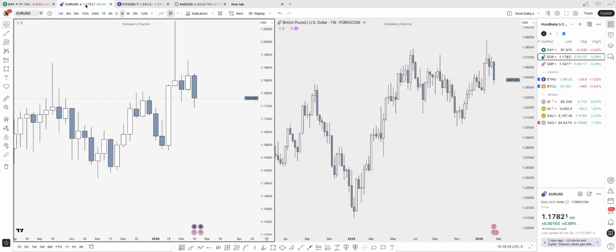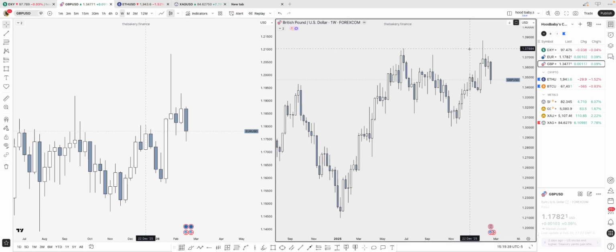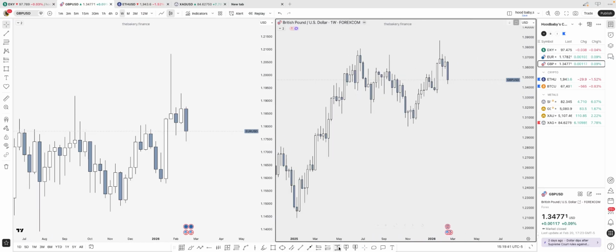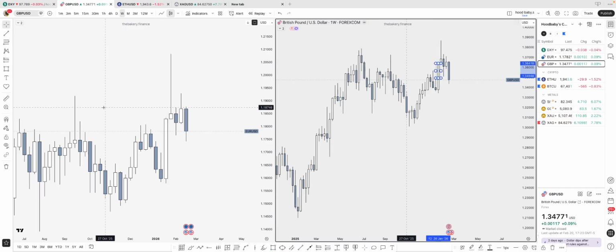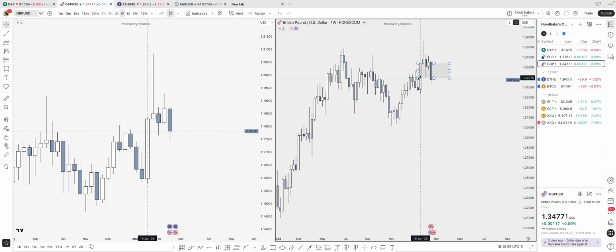With that being said, let me move on to EU and GU. It's the same thing. We still trade inside the weekly fair value gap. On GU, here's where it gets interesting. On GU, since we're expecting higher prices for DXY, we were expecting lower prices for currency pairs. So on GU, we already inversed the weekly fair value gap I was looking for higher prices from. And on EU, we've not done that. We're still trading into that.